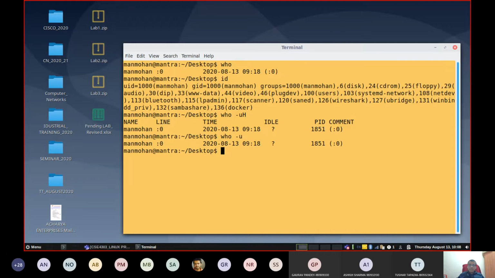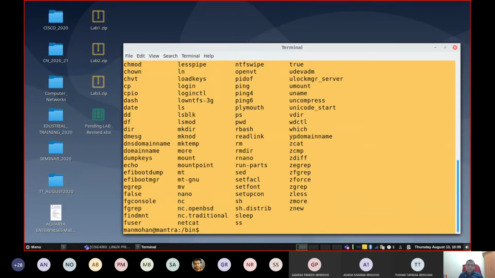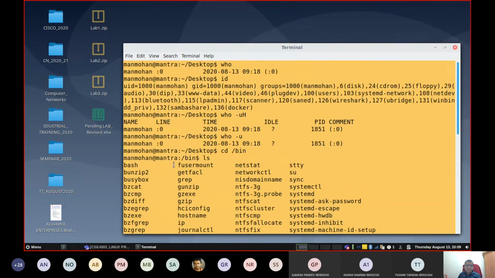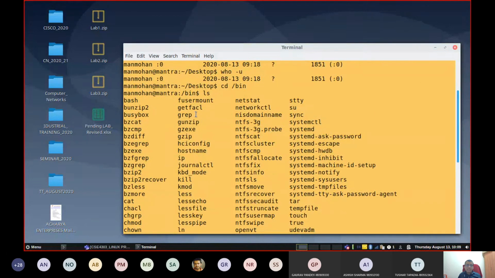So some of the commands we already executed, right? whoami, hostname, date, etc. Where these commands are in the computer, that also you can find out. Say, for example, if you go to cd /bin, a directory called bin, and type ls, as I said before, you will get various command contents here, file contents. Say bash is one, then cat is another. What is cat? I will explain it later.